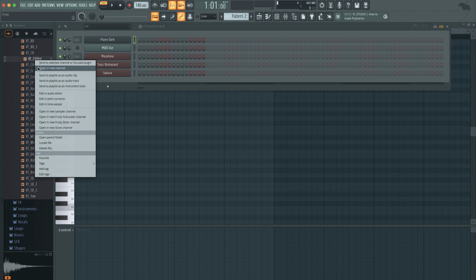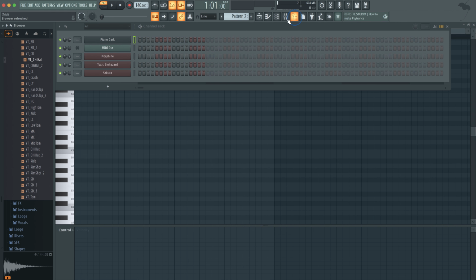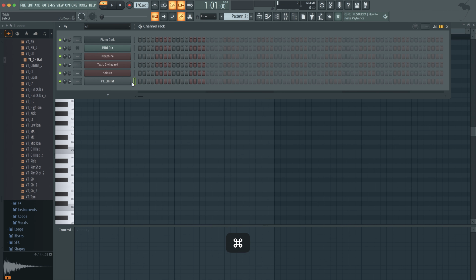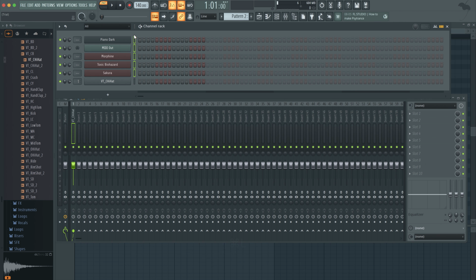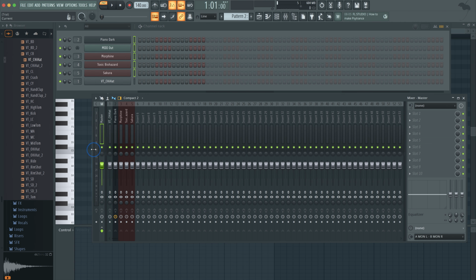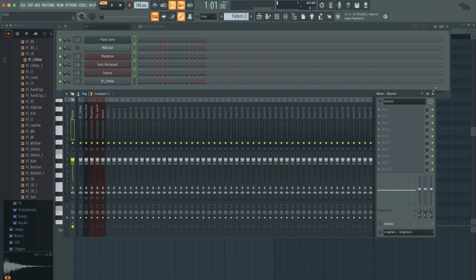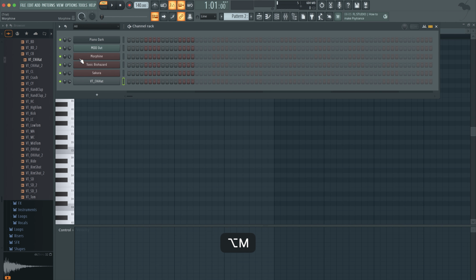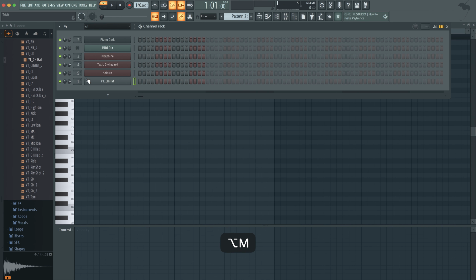Let's right click in the browser, which is this icon right here. We're going to right click, open a new channel that will send the sound to our channel rack. You can hit Control L to send sounds to the mixer. The mixer is where you edit sounds individually. You don't want to send everything to the master track, because if you want to turn the hi-hat down or do something with the hi-hat, like add delay, you'd have to do it over everything, and it wouldn't sound nice. So get in the habit of highlighting all your sounds, hitting Control L to send them to the mixer. You want to edit them individually. If you don't see these numbers, hit Alt M on your keyboard to hide or reveal these numbers right here.